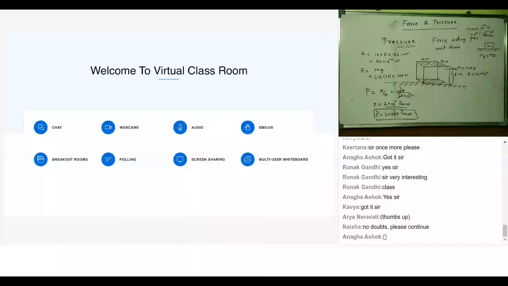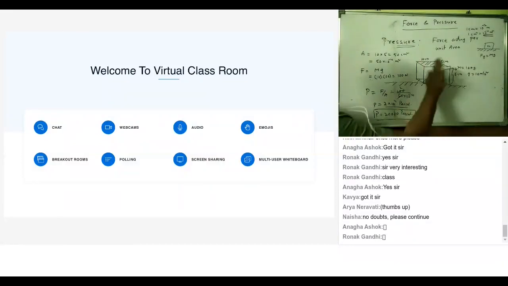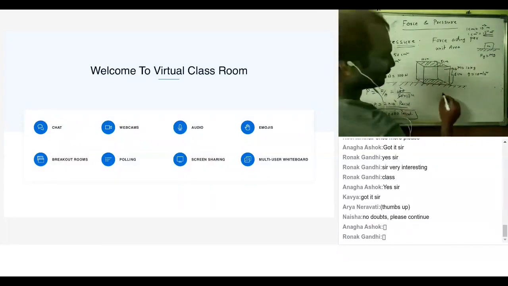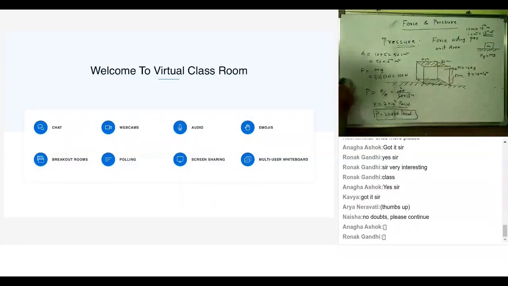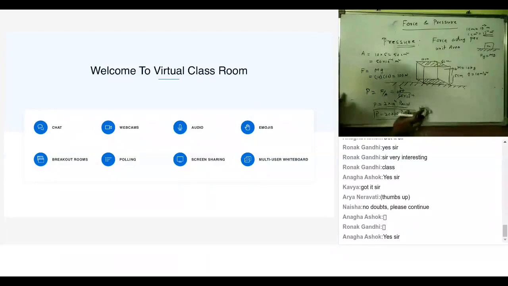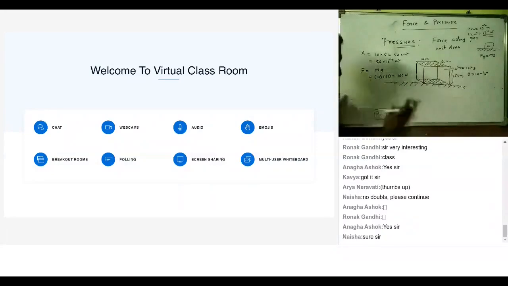So what I do is I'll not trouble myself much. I'll just push this block so that it gets tilted. I'm having the same box, same mass. I'm pushing this way so that it gets tilted such that now how is the box? This 5 centimeters comes here and 10 centimeters is there. I'm erasing this part because this is the solution for the previous question, and everything remains same.